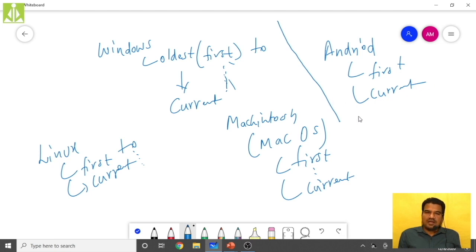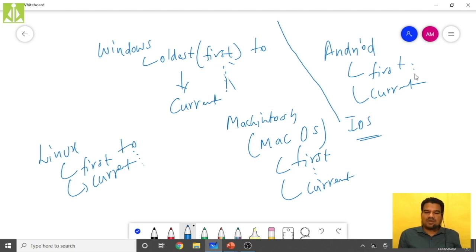Then in your Apple phones, what operating system? iOS. Do the same thing for iOS as well. So here you have something interesting, isn't it? The names for Android, they are giving creative names. All those things I want.